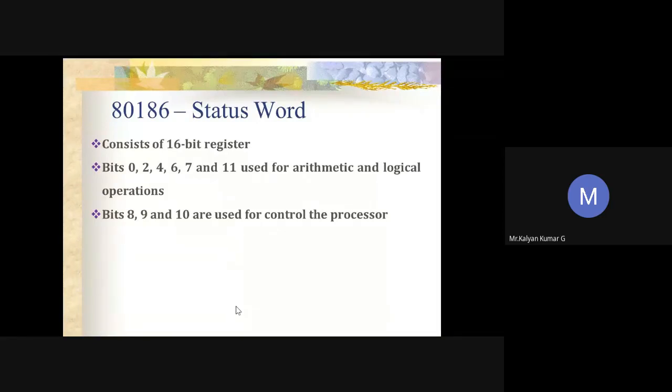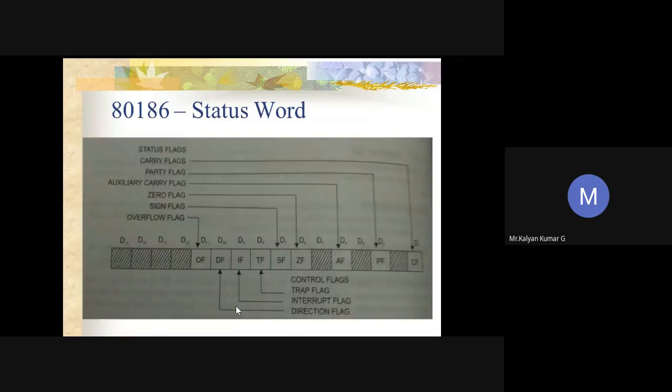Here I have mentioned the bits 0, 2, 4, 6, 7, and 11. They are used for arithmetic and logical operations, whereas the remaining bits 8, 9, and 10 are used to control the processor operations. You can just make a note of it. If you see this diagram, it's almost similar to the flag register diagram, the PSW of your 8086. I hope you know the function of all these registers,